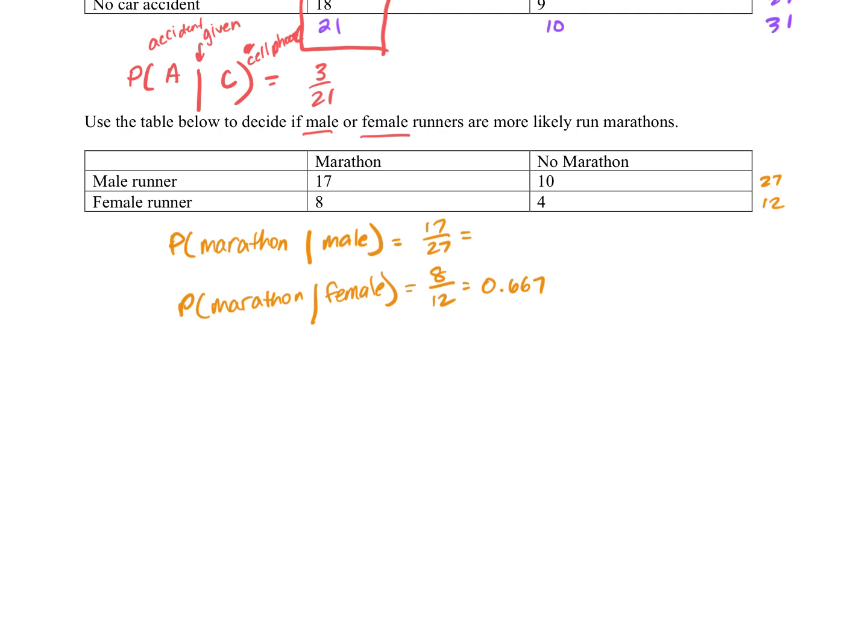Can somebody help me out with 17 out of 27? 0.62 or 0.63. 0.62 what? 69. And then would that 9 round up? Yeah. So it's 0.630. Great. So who's more likely to run a marathon? Females. A lot more likely? No. Nah. And if we took a different sample of people, of runners, we might get different answers, yeah. That's unit 6 in terms of where we go with that. But. All right. We feeling okay? Okay. At this point,